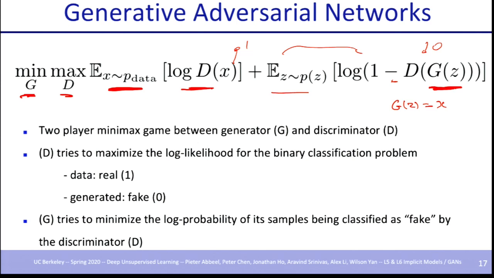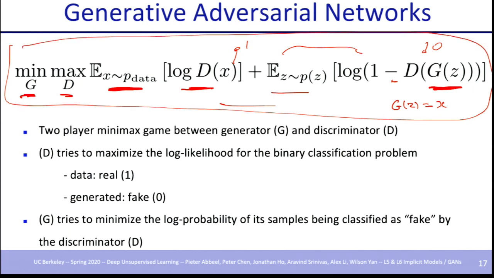Two of them play a game against each other. You can imagine what happens at convergence. If you're at Nash equilibrium of this game, meaning that nobody can improve anymore, well, the generator should generate things that look real, because then the discriminator cannot do anything about it. That's ideal. Discriminator at that point will output essentially 50-50. The way you optimize this, if you don't know what it is, you got to hedge your bets. You got to assign 50% probability to each side. That's at full convergence. Not saying it ever fully gets there, but that's how this game is set up.